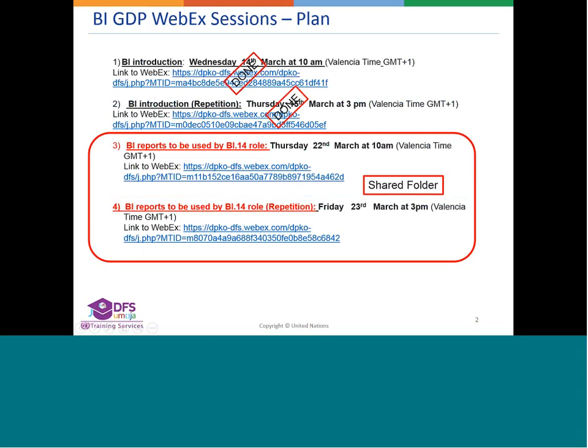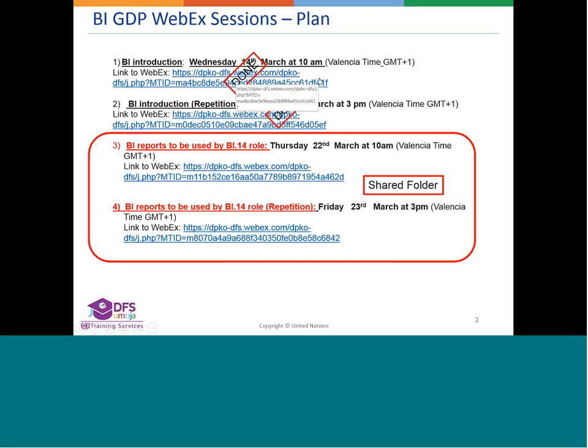As you may recall, we started with a BI introduction from last week. What we did is we went through the basic features of the tool, why BI, how the tool is designed in order to report based on different modules in Umoja, who has access, the different segregation of roles, how to request roles, which are the types of reports, basic navigation of the tool. All those things we wanted you to have clarity on before we jumped into the reports themselves,